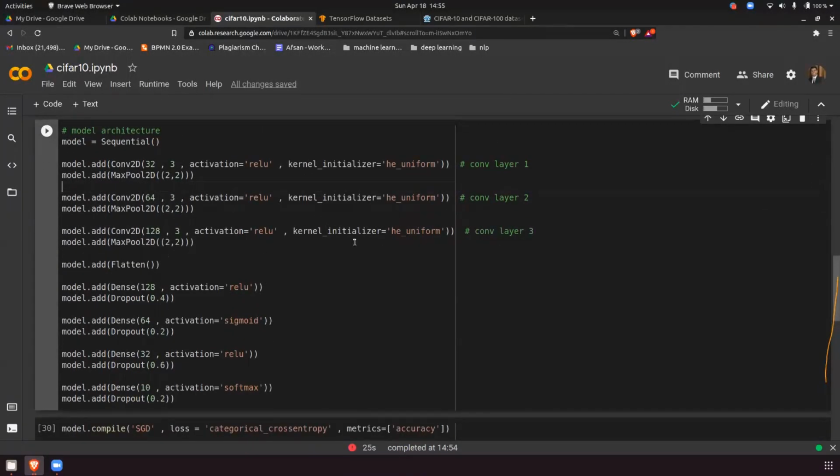Keep on changing the values. Try to increase or decrease the value, or anything you want.